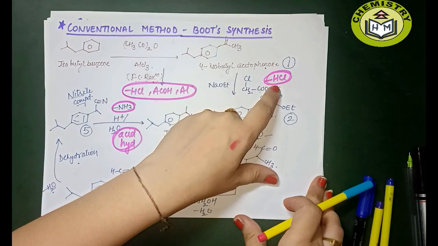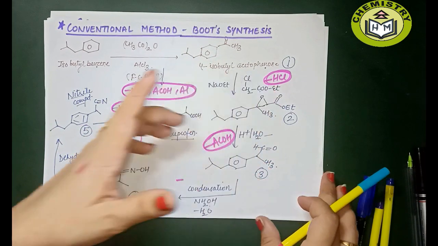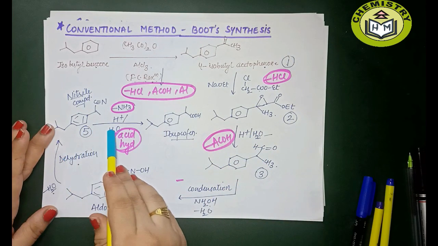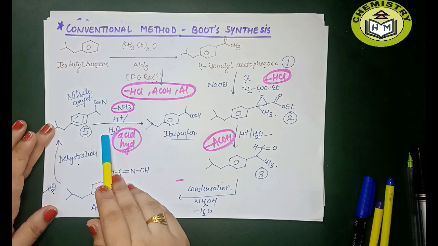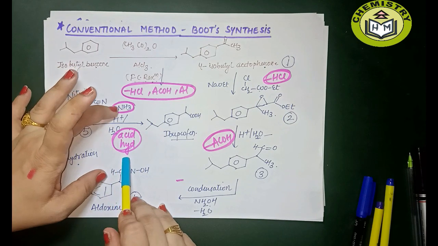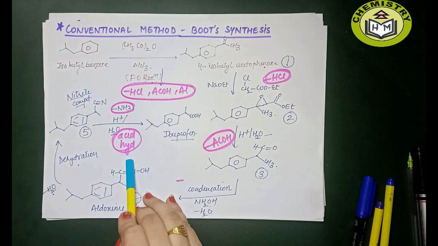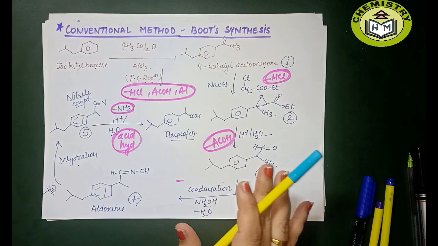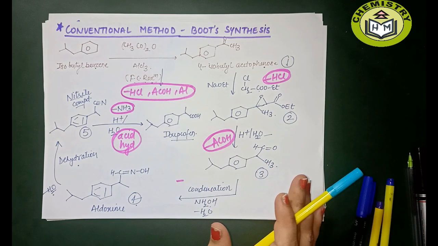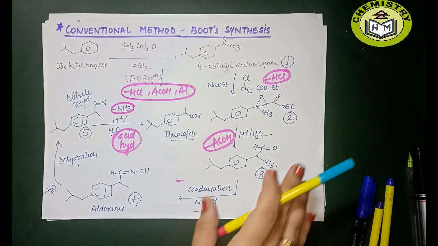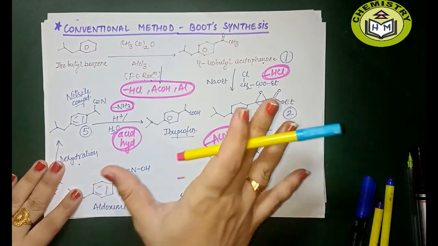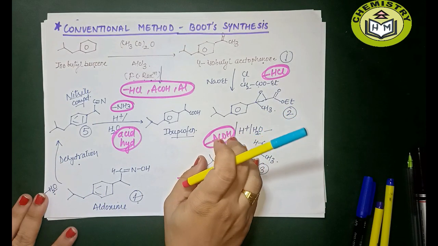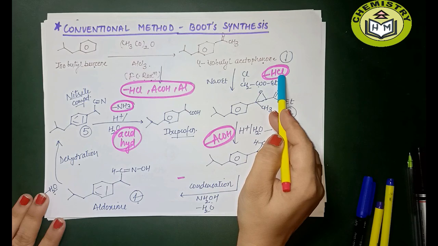In the second step HCl is again released, which is dangerous for the skin, and in the third step acetic acid is released. Then in the last step, when it is doing the hydrolysis of nitrile compound, ammonia is released. Okay, and again this is the acidic hydrolysis. So overall in these methods you saw that a lot of waste material is released in the reaction, right. A lot of HCl is released, a lot of acetic acid is released, which is harmful for the body, and HCl is corrosive for the body, right.